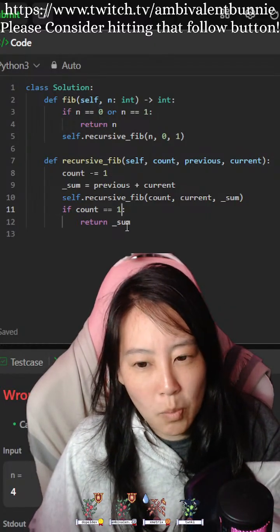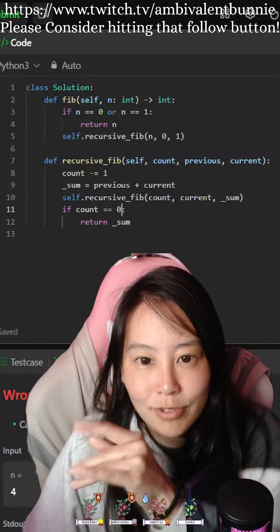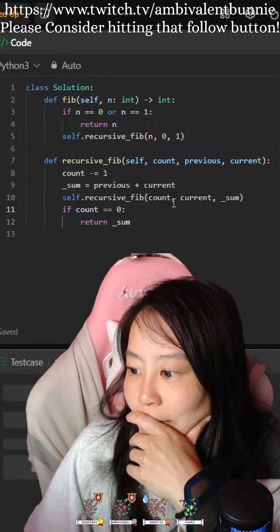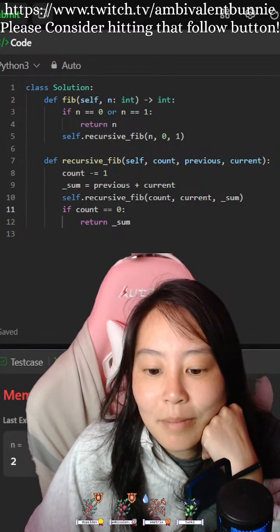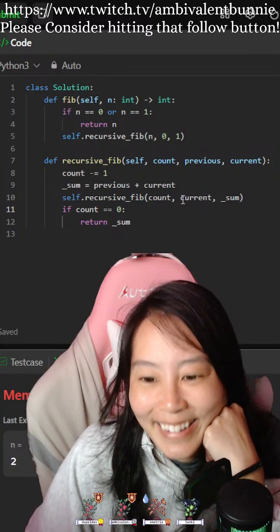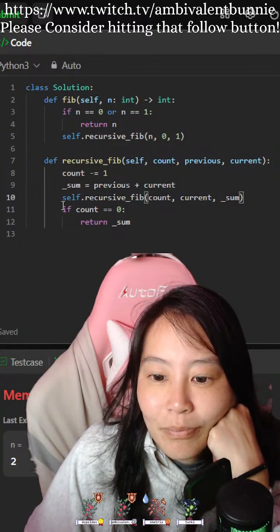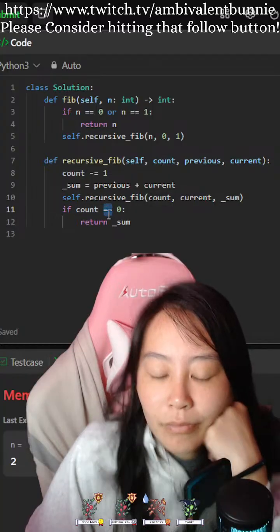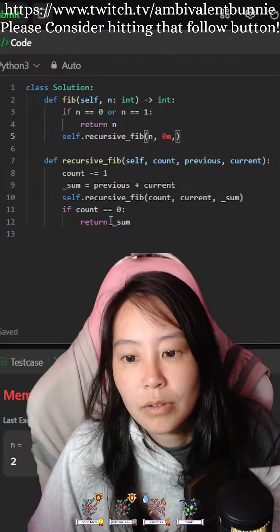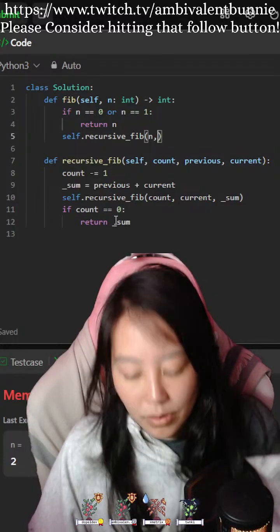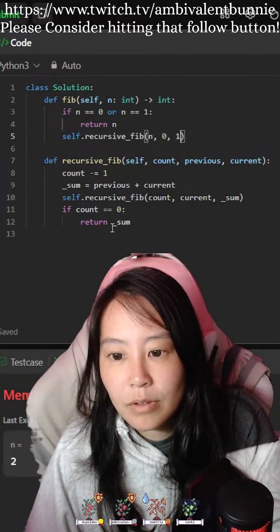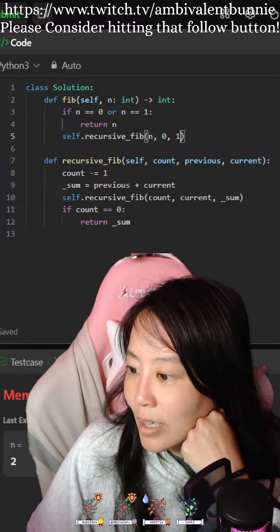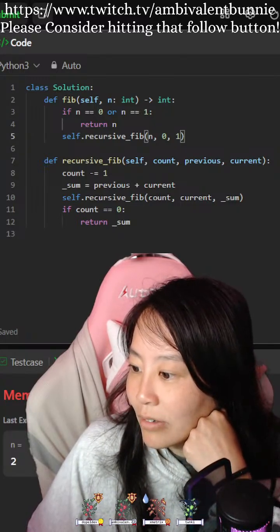I feel like it should be 1, but we'll do this first. It must be memory limit exceeded. Okay. Is it constraints? Wait, it must be 2 or more now.